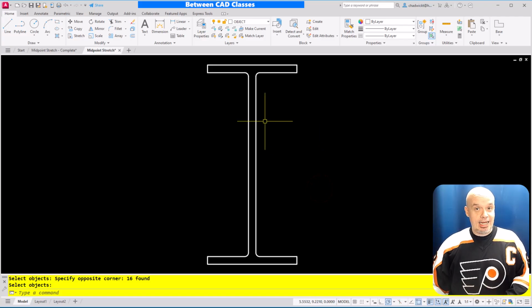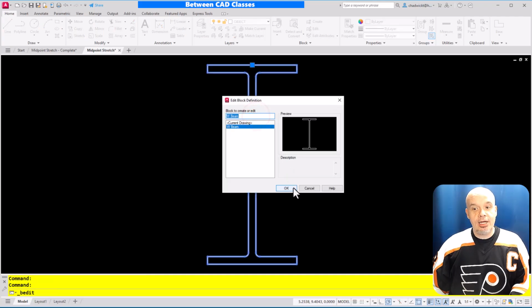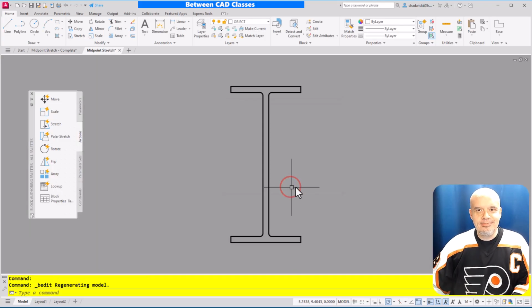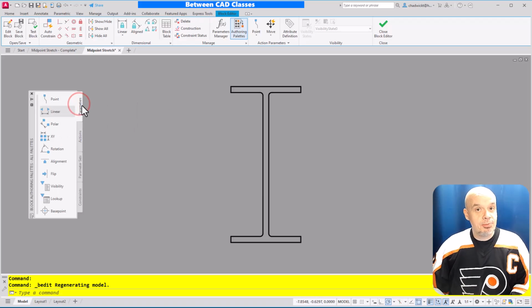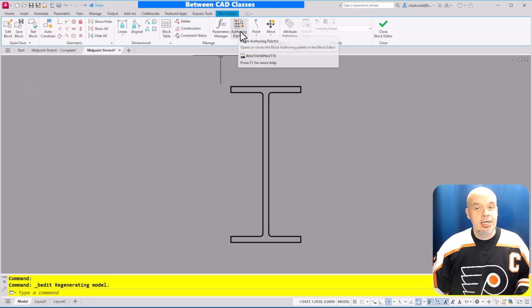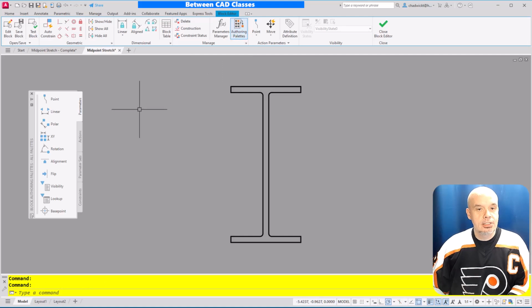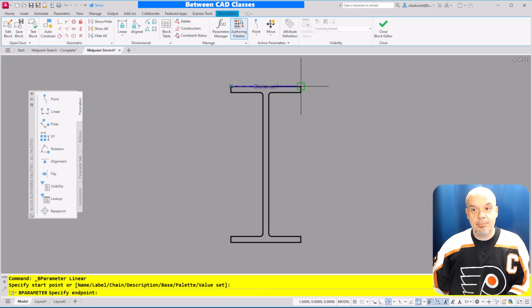Now I want to go in and add the ability to stretch. So I'm going to double click on this block to get into my block editor. I'll click OK. Next I want to add in a linear parameter. So it's the linear parameter that's going to be modified as this is stretching out. So I'll switch to my parameters tab here on my authoring palettes. If for some reason this palette is not open, look for your authoring palettes button up top to open this. Then I will select my linear parameter and I'm just going to create a linear parameter across the top of